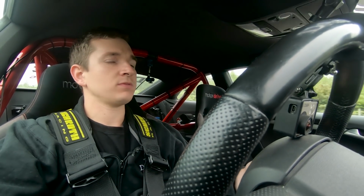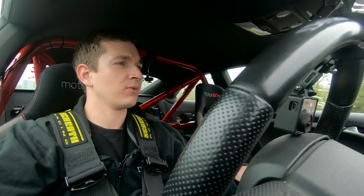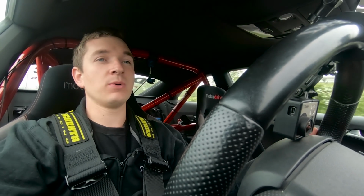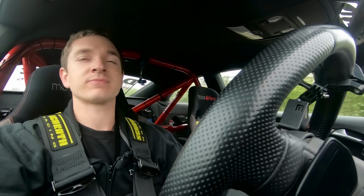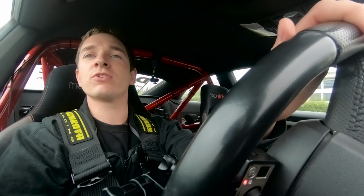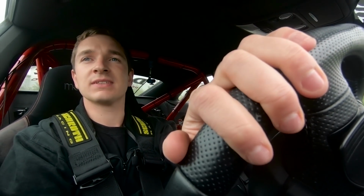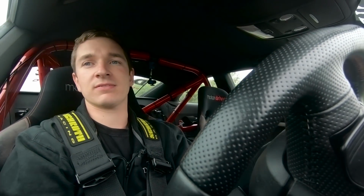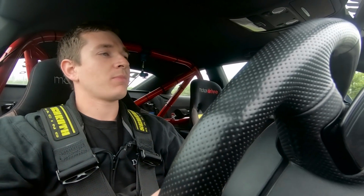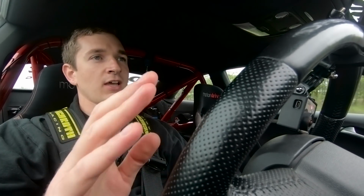So when we've done another go the other way, just to verify what we've done, which I've just seen, which we've got the HD2 and the performance box in here at the minute. But when we've done the other run the other way to verify what's happening and make sure what we're seeing on there's accurate, talk a little bit more about the changes that we've made to the gearbox as well,